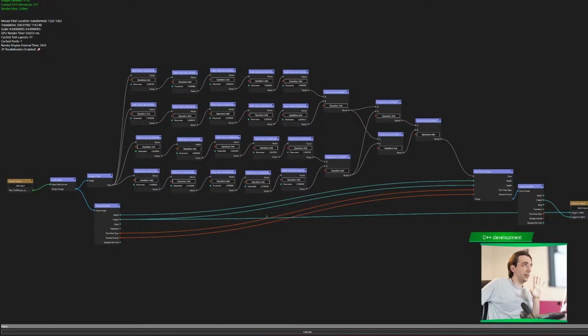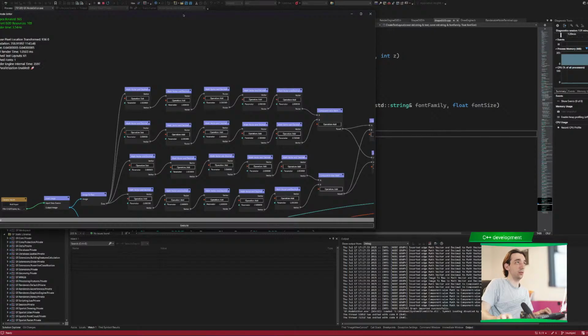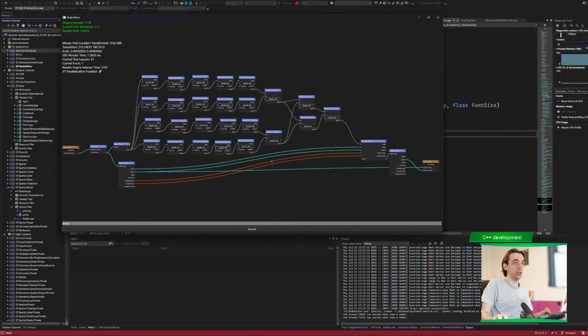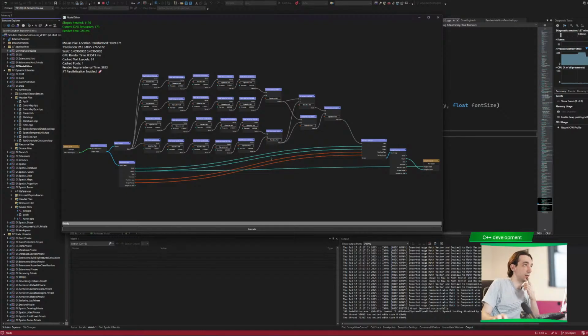I mean, the measurements of this kind of edit, and plus I don't know, did we make measurements from, I think we made measurement that we had a smaller window. But now with smaller windows, for some reason, the GPU time gets higher. Okay, cache text layout is 61 and cache fonts is 1. We know that cache fonts is 1 since we don't use other kind of fonts here,